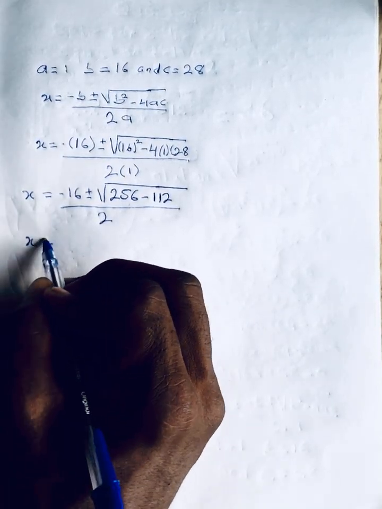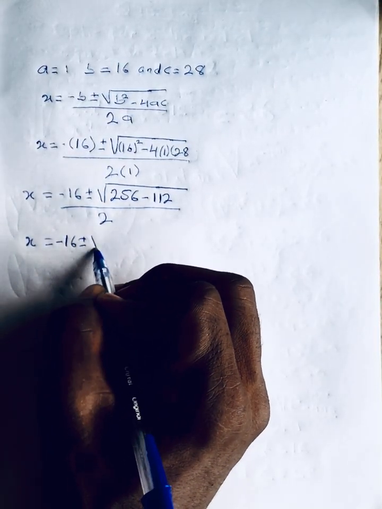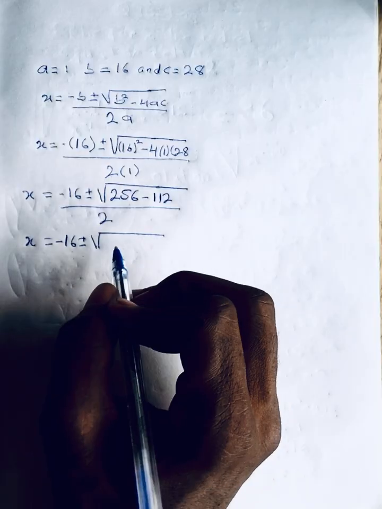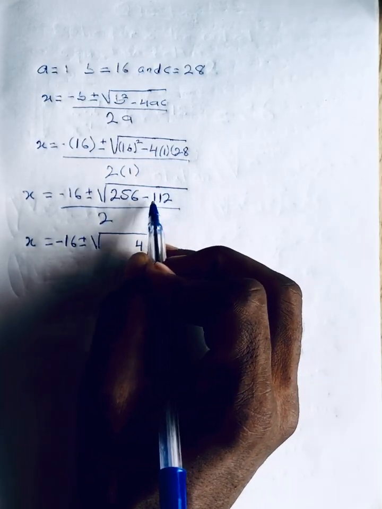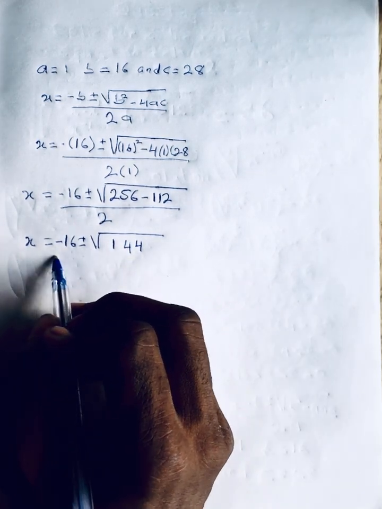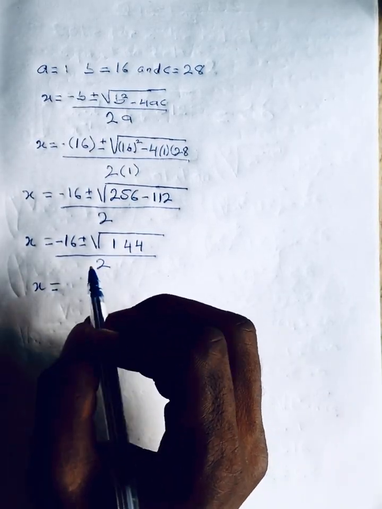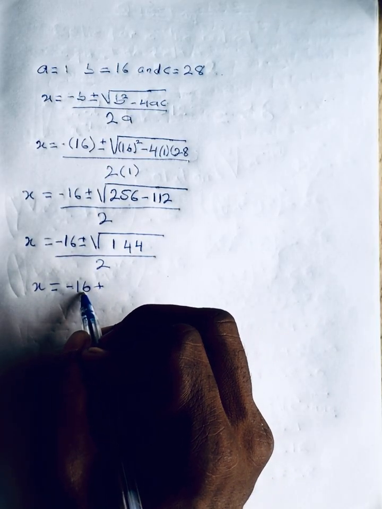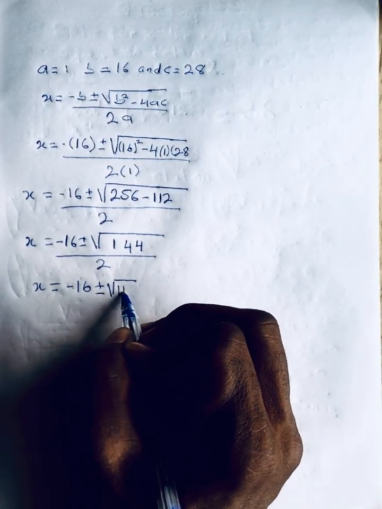Then we have x to be equal to negative 16 plus or minus. This minus this will give us 4. This minus this will give us what? 4, and this minus this will give us 1. All over 2a. So x will be equal to negative 16 plus or minus root what? 144